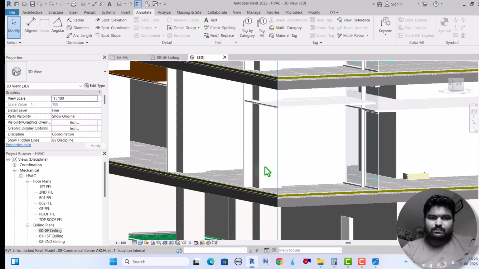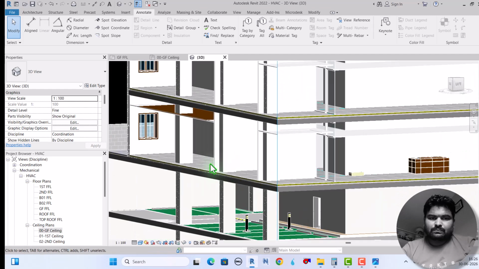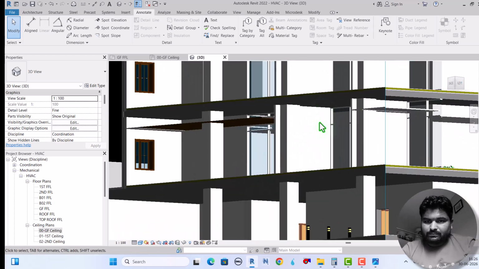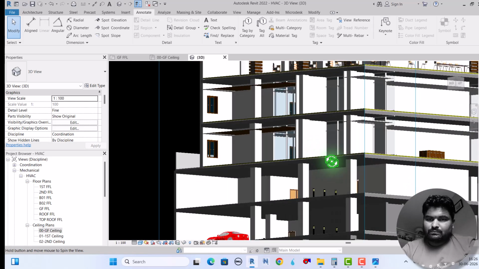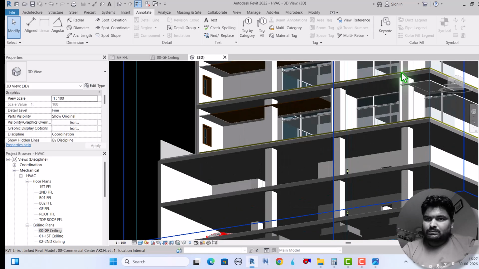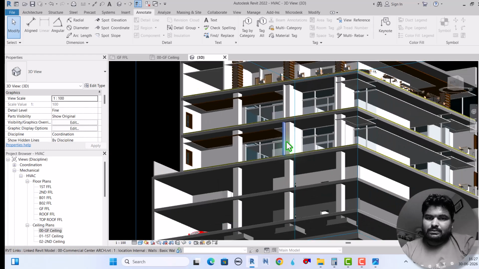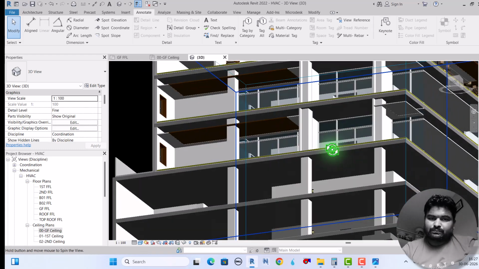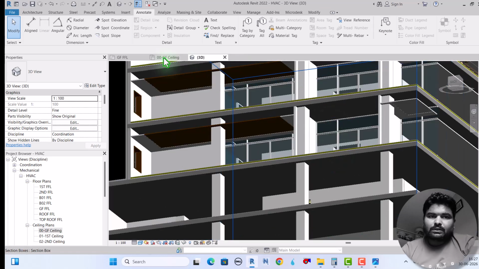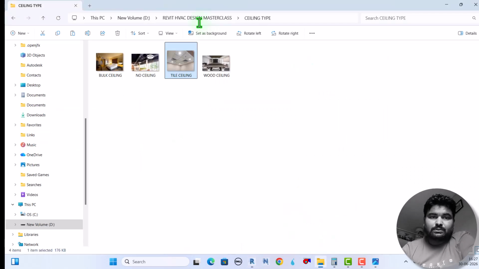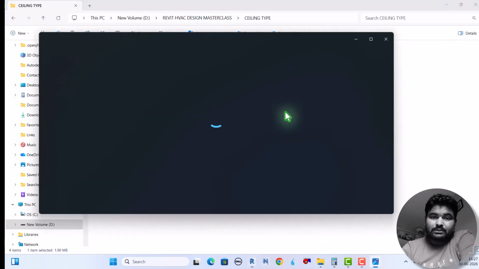So here, no ceiling. See, no ceiling here. So if there is no ceiling, then how will it look in real life? See,